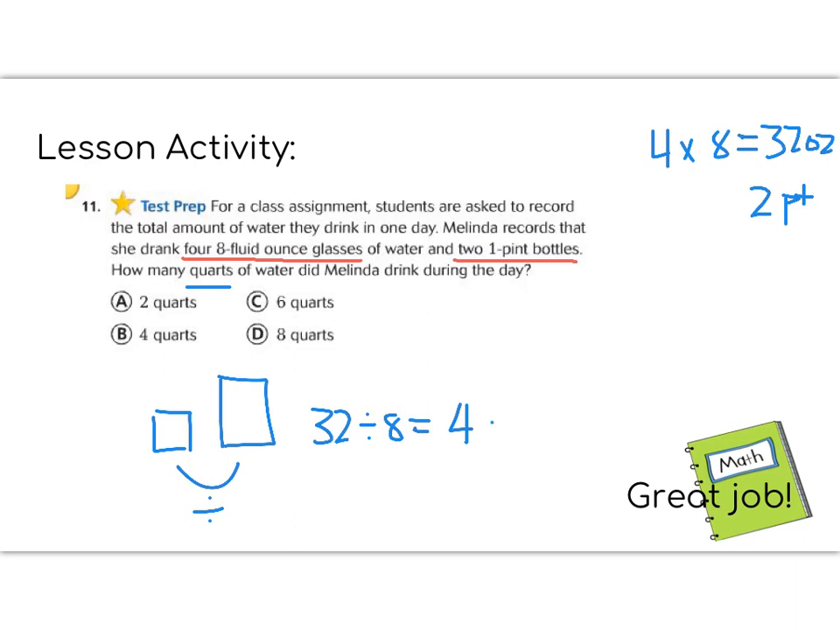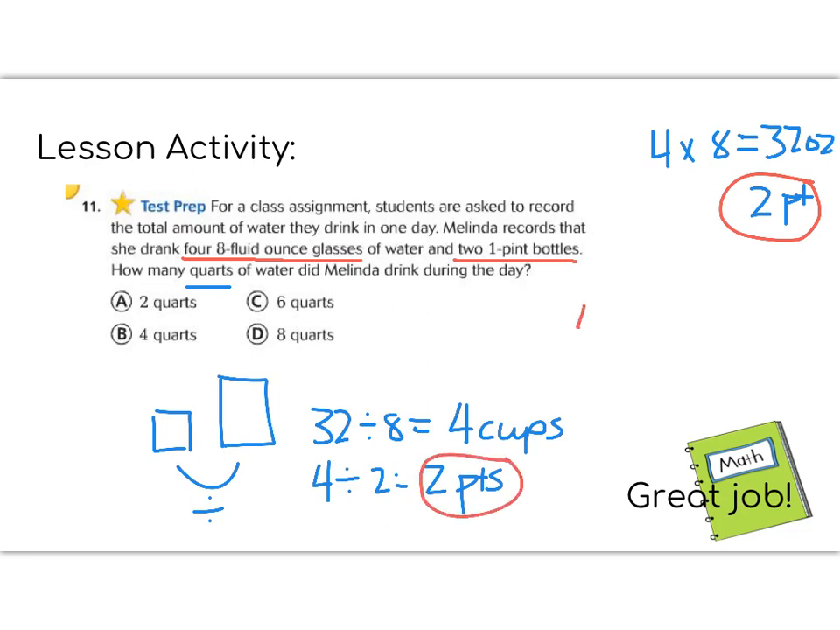So this gives us 4 cups, but we still have to add our 2 pints. But let's go to pints first so that everything is the same unit. So 4 cups, cups is small and pints are big, and there are 2 cups in a pint. So we're going to do 4 divided by 2 gives me 2 pints, plus the 2 pints that I already have means that now I have 4 pints, and I need to